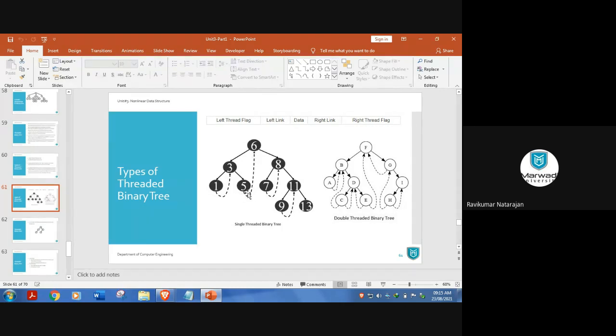All right. So this is single-threaded binary tree, and in double-threaded binary tree, we will check for both possibilities, which means both left and right null. Even here we have left null, but in single-threaded binary tree I didn't consider that because it is single TBT, so I'm just focusing on the right side. But if you want to do double threaded binary tree, then you have to fix this left side null pointer also. So again, you just want to find the in order of this tree. So write the numbers in the sequence.